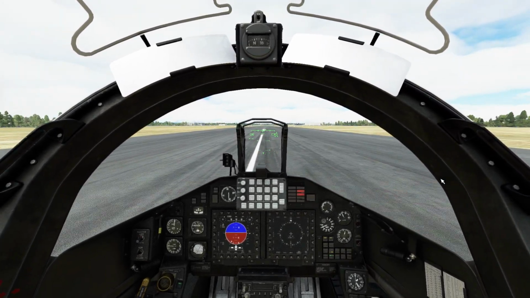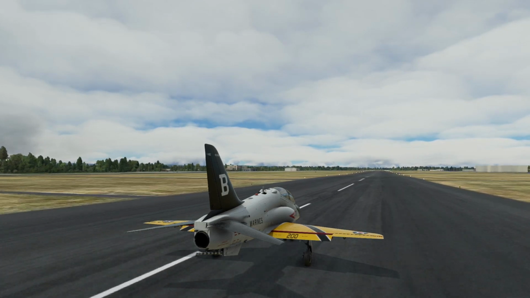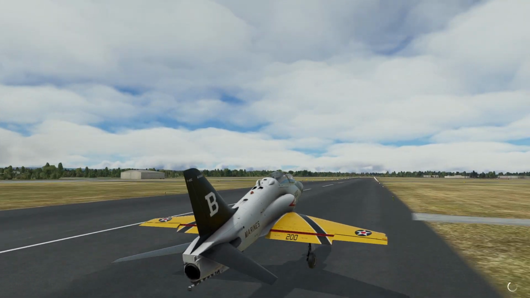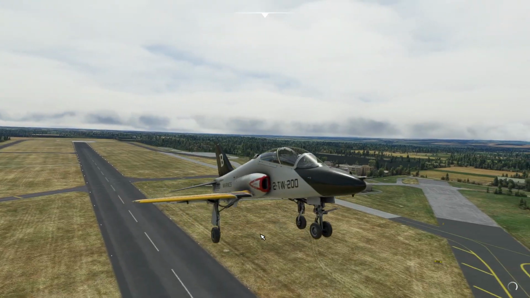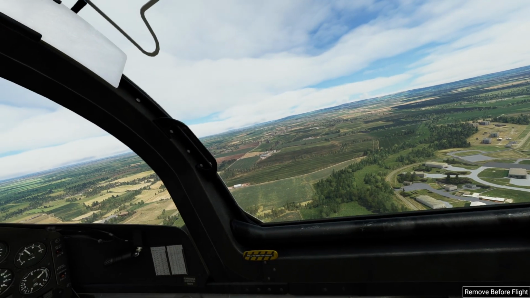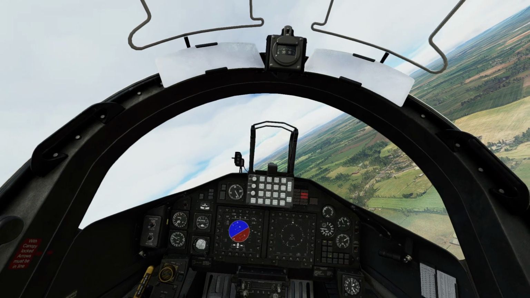Turn off that caution light. Get our speed rolling here. So we'll go with gear up, and we'll get our flaps up as well. So there we go, there's Leeming Air Base. Brilliant. Right, so I think what we'll do,